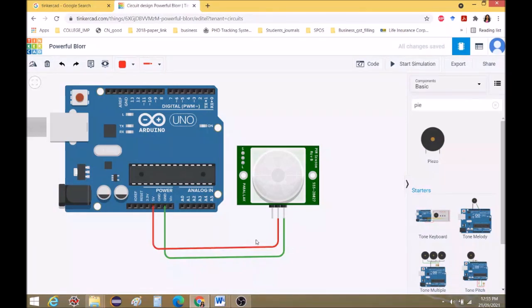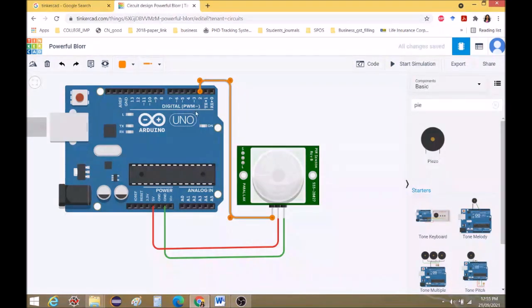Power is done, ground is done. Now for this signal line, I will use orange color, and connect the signal line to one of the pins of the Arduino, pin number 2. I have selected pin number 2 as an input pin of this Arduino board. So this IR sensor will be giving information to pin number 2.